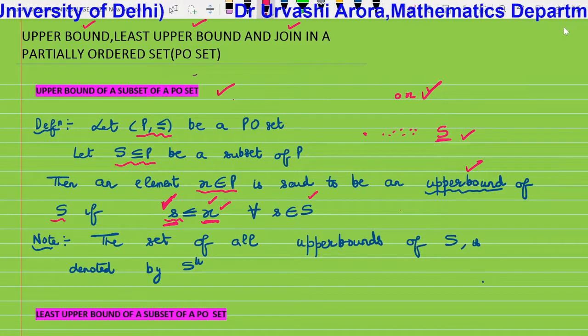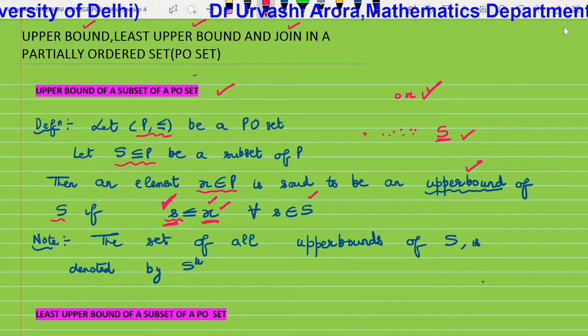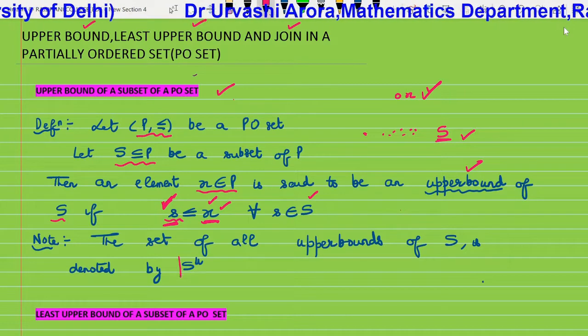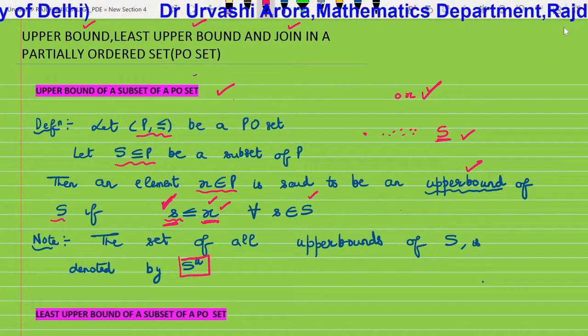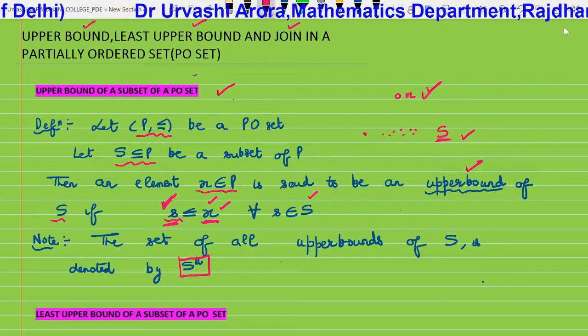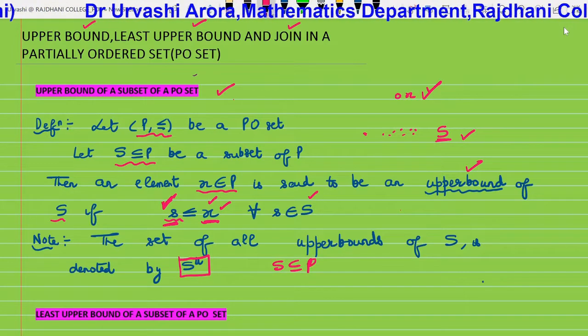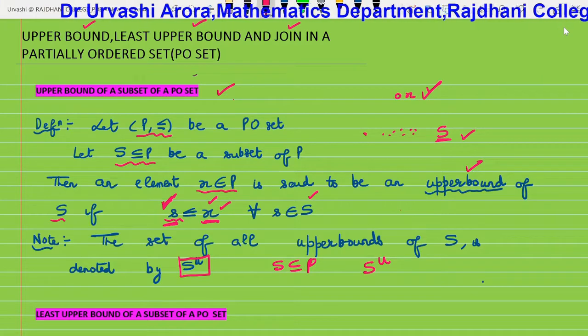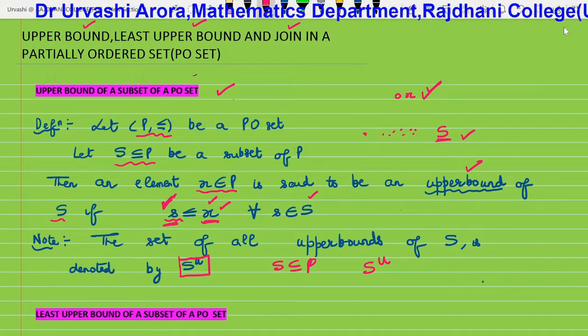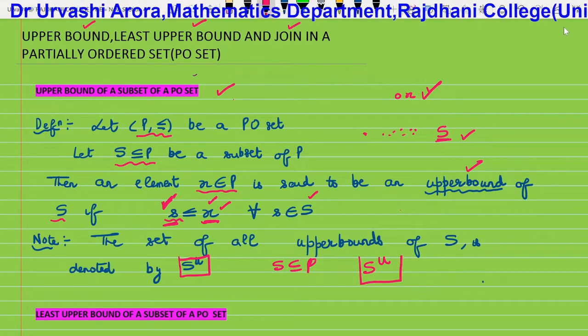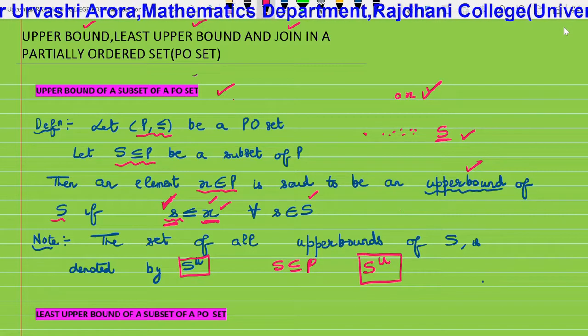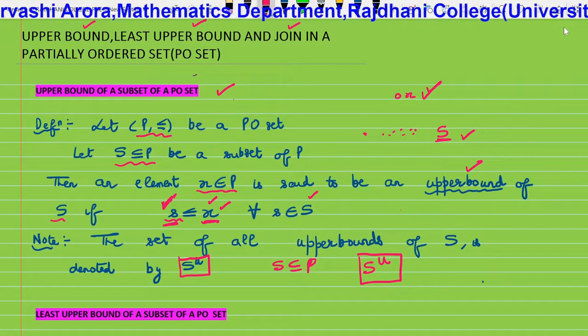Hasse diagram. Then coming to a note which gives a notation of the set of all upper bounds of the set S. If we take the set of all upper bounds of the subset S of P, then it is denoted by S^U, where U is the superscript, and this particular notation stands for the set or collection of all upper bounds of the